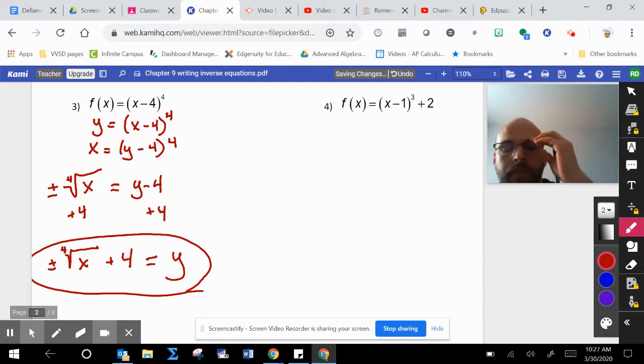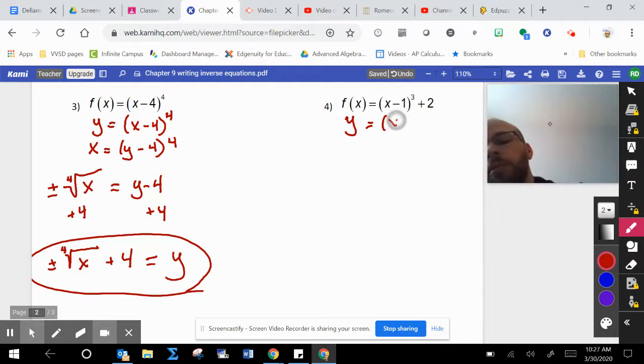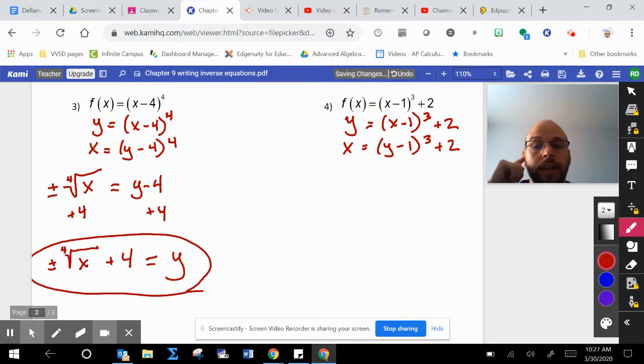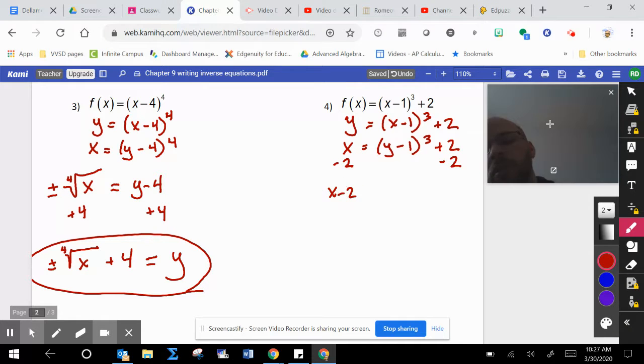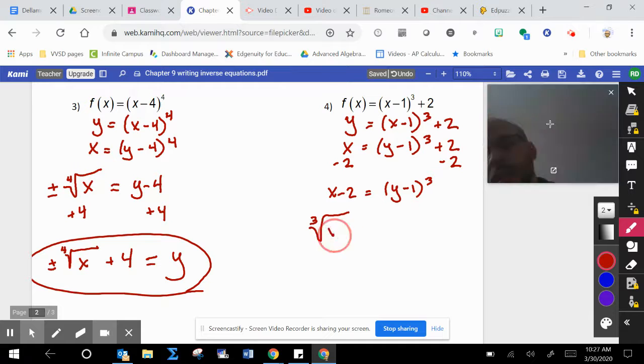Okay. Number 4, they start off the same way. y equals x minus 1 to the 3rd plus 2. Transpose your x and your y variables. And now we just have the task of isolating the y. So I want to get rid of this extra term over here. Subtract that 2. y minus 1 cubed. I can't add the 1 again. I'm going to have to get rid of that exponent. So I'm going to take a cube